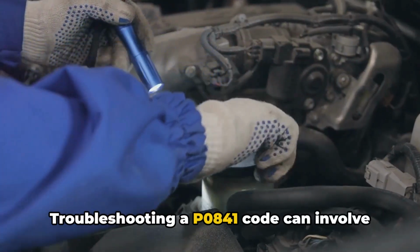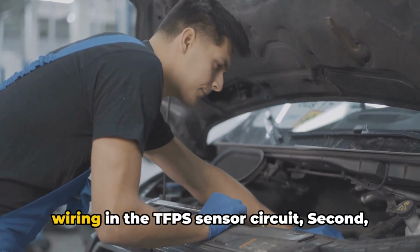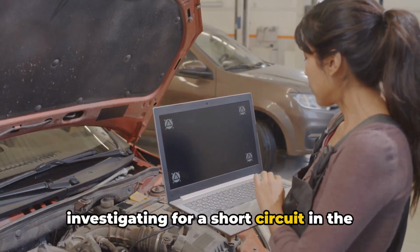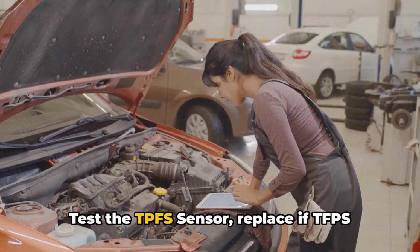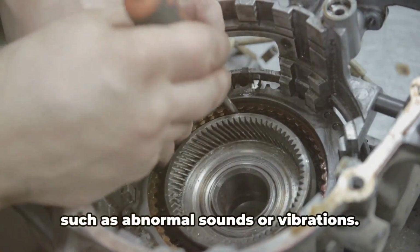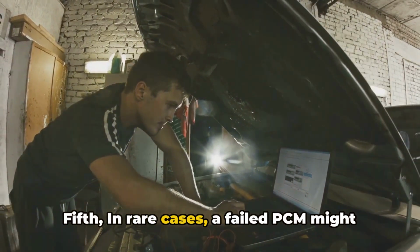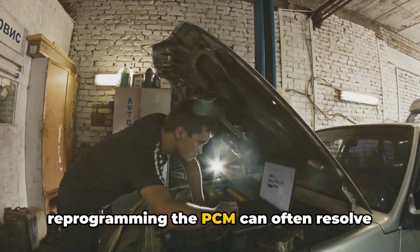Troubleshooting a P0841 code can involve: first, check for an open circuit or loose wiring in the TFPS sensor circuit. Second, investigating for a short circuit in the signal circuit to the TFPS sensor. Third, test the TFPS sensor, replace if the TFPS sensor failed. Fourth, inspect for any internal mechanical transmission issues, such as abnormal sounds or vibrations. Fifth, in rare cases a failed PCM might be the culprit, though resetting or reprogramming the PCM can often resolve